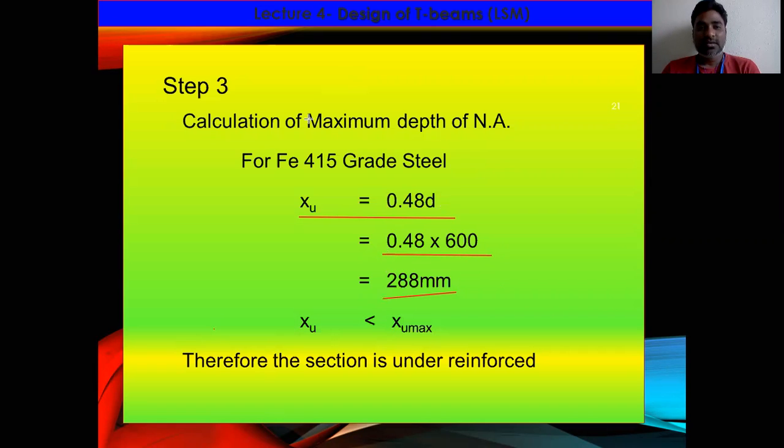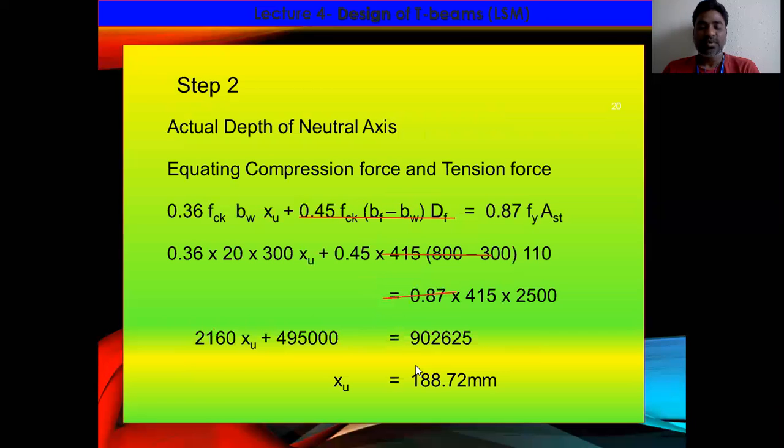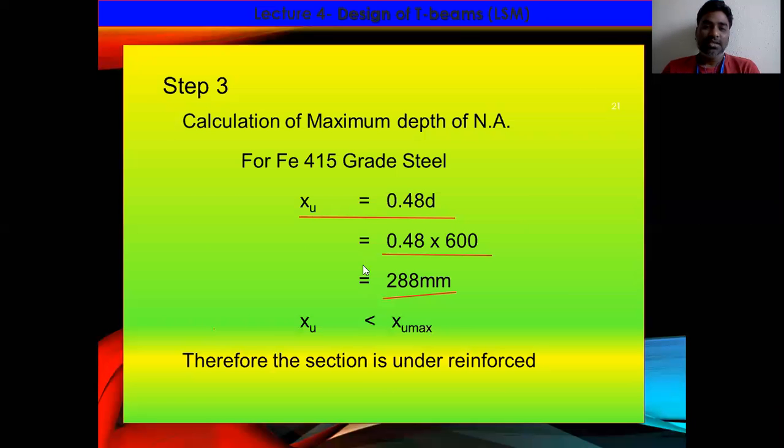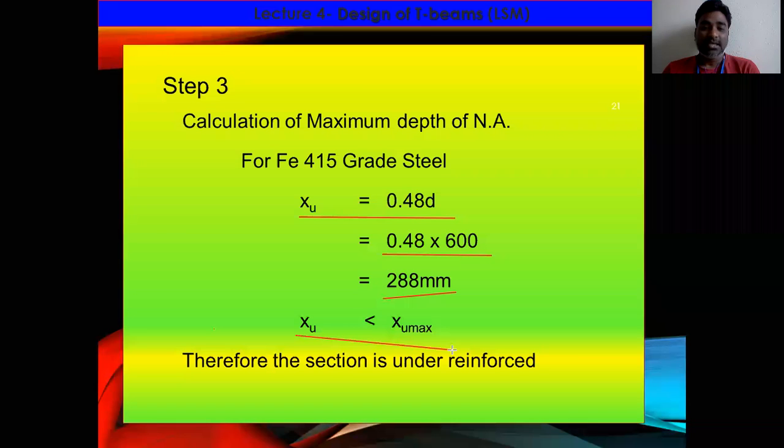So our actual depth of neutral axis is 188 mm, and the maximum depth of neutral axis is 288 mm. Therefore, xu is less than xu max. That means it is an under reinforced section, right? Where if xu is less than xu max, it is classified as an under reinforced section, right? So therefore, you can determine the